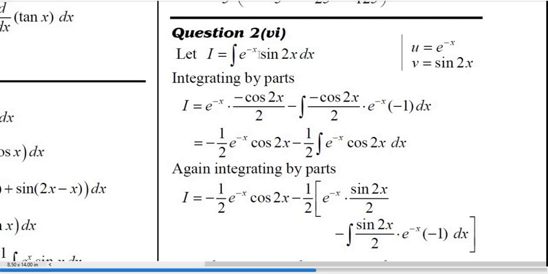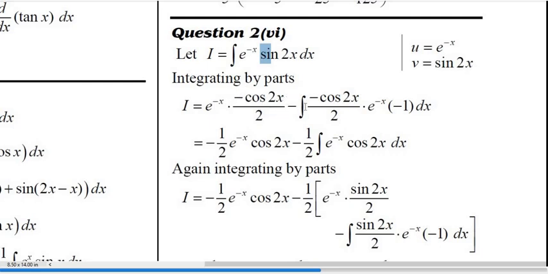6 is, let I be equal to integration of e power minus x sine 2x dx. Here this function is exponential and this one is trigonometric, so we take the exponential function as the first function. Integrating by parts, I is equal to first function as it is, e power minus x, times integration of second function, sine 2x, and integration of sine 2x is minus cos 2x divided by 2,